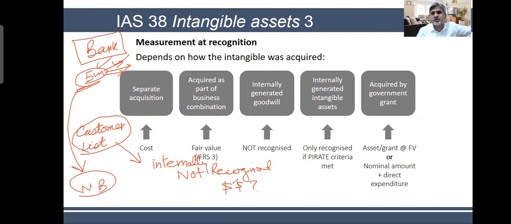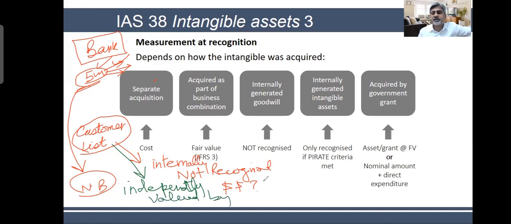I mean, through your operations, through your operating activities. So you never purchased it separately, okay? So you cannot assign it. But yes, if they tell you in the exam that there is a customer list which has been independently valued by a third party,